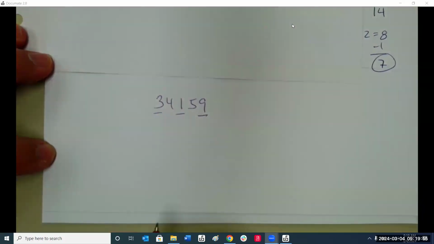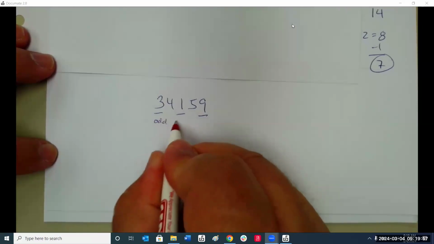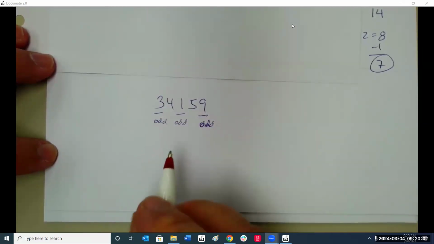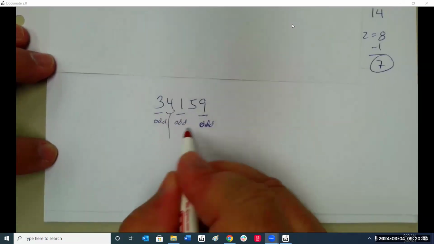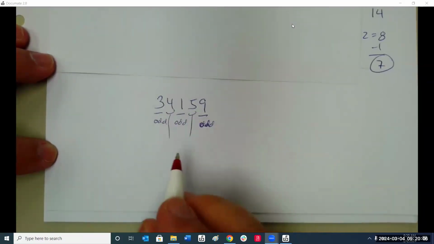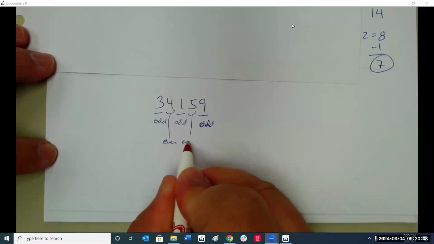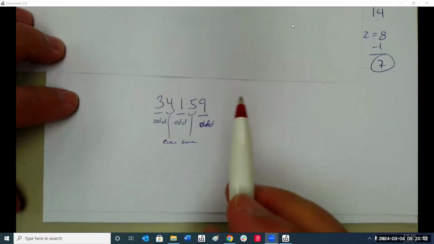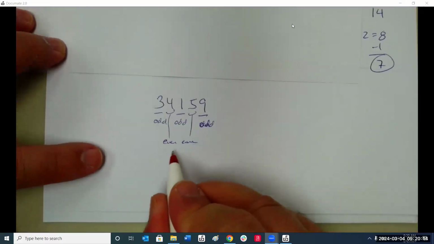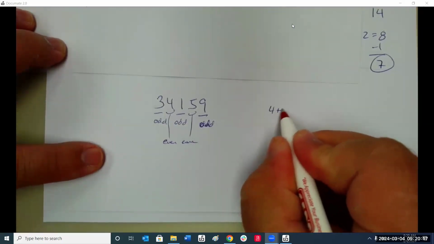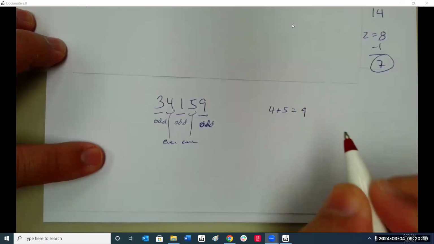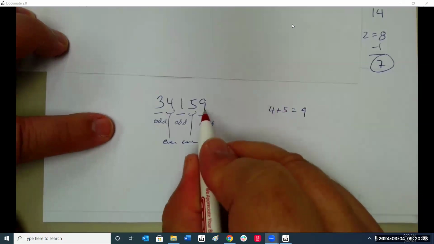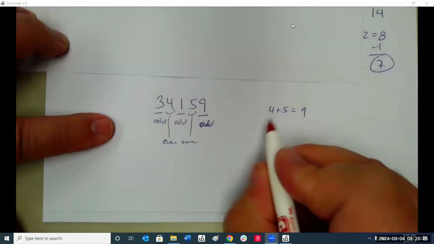Those are the odd spaces. And these are the even spaces. So the sum of the digits in the even spaces, which is 4 plus 5, minus the sum of the digits in the odd spaces, 9 plus 1 plus 3,